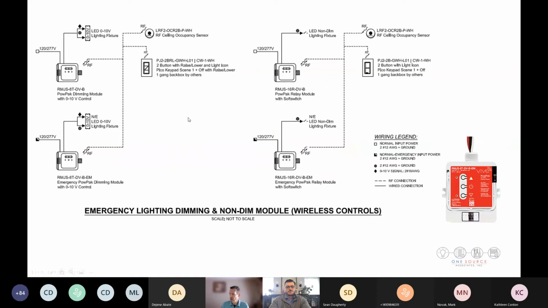And then we also have a wireless solution to be used with Vive. Basically, you have emergency 0 to 10 volt modules or non-dim modules that you can put into your application. It can be used with or without the Lutron hub, the Vive hub. Basically, if you have a hub